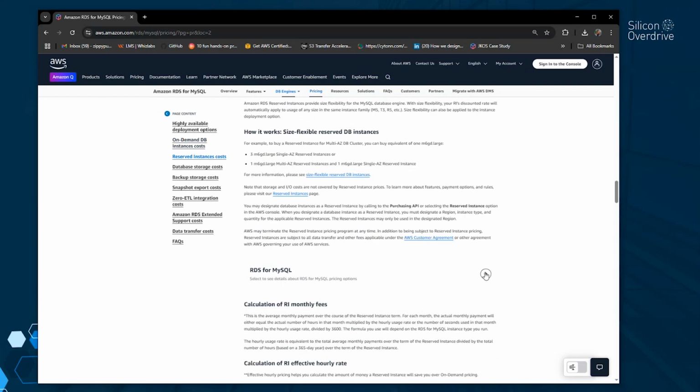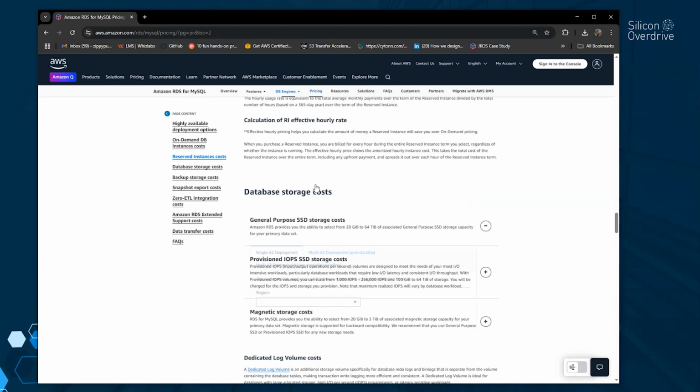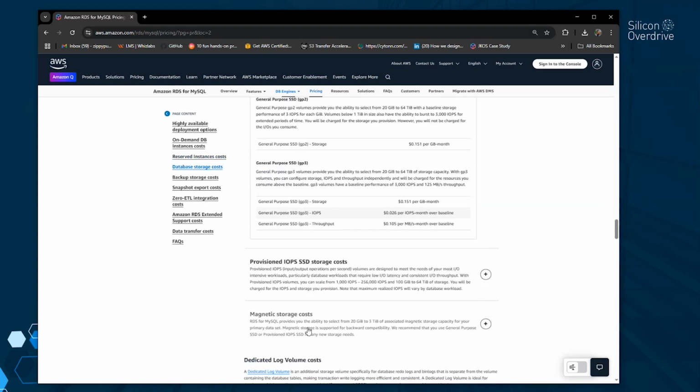For the reservations, if I reserve that database instance, I can see how much I'm saving. Then I can see I'm also going to be charged for storage, and I can see what it's going to cost me.